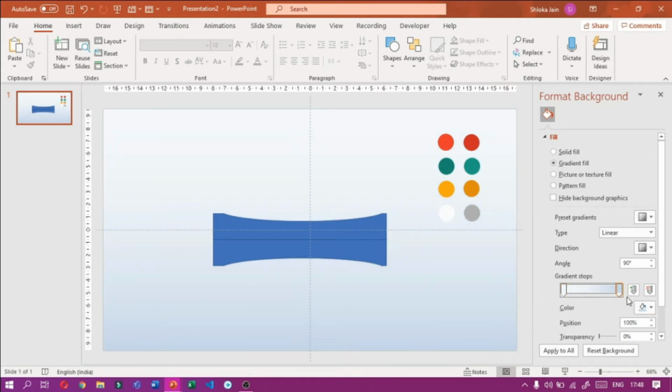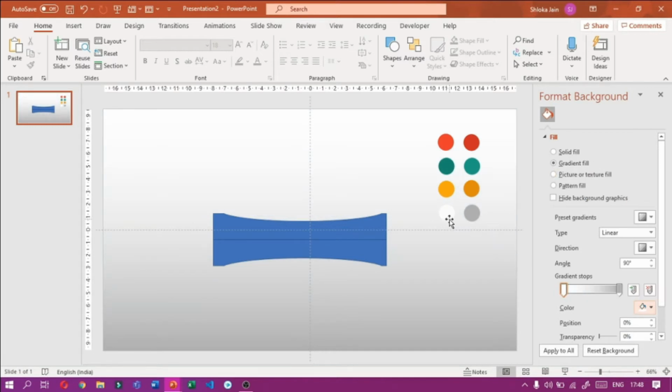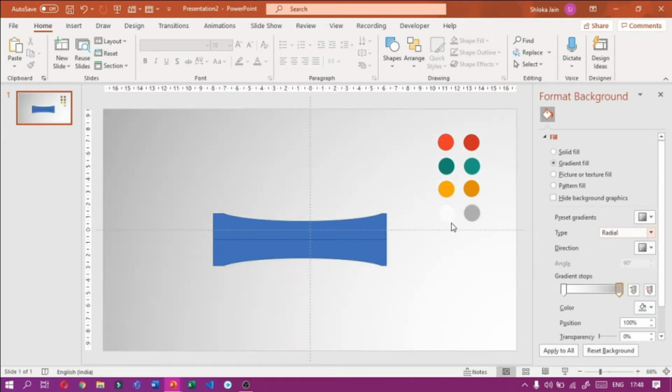Then we have to select the one that is at extreme right and go to eyedropper tool and select the silver color in the color palette. Then this should be white color. If you want, in the color palette also I have given it. Then again select the most extreme right gradient and we have to give it a radial one.